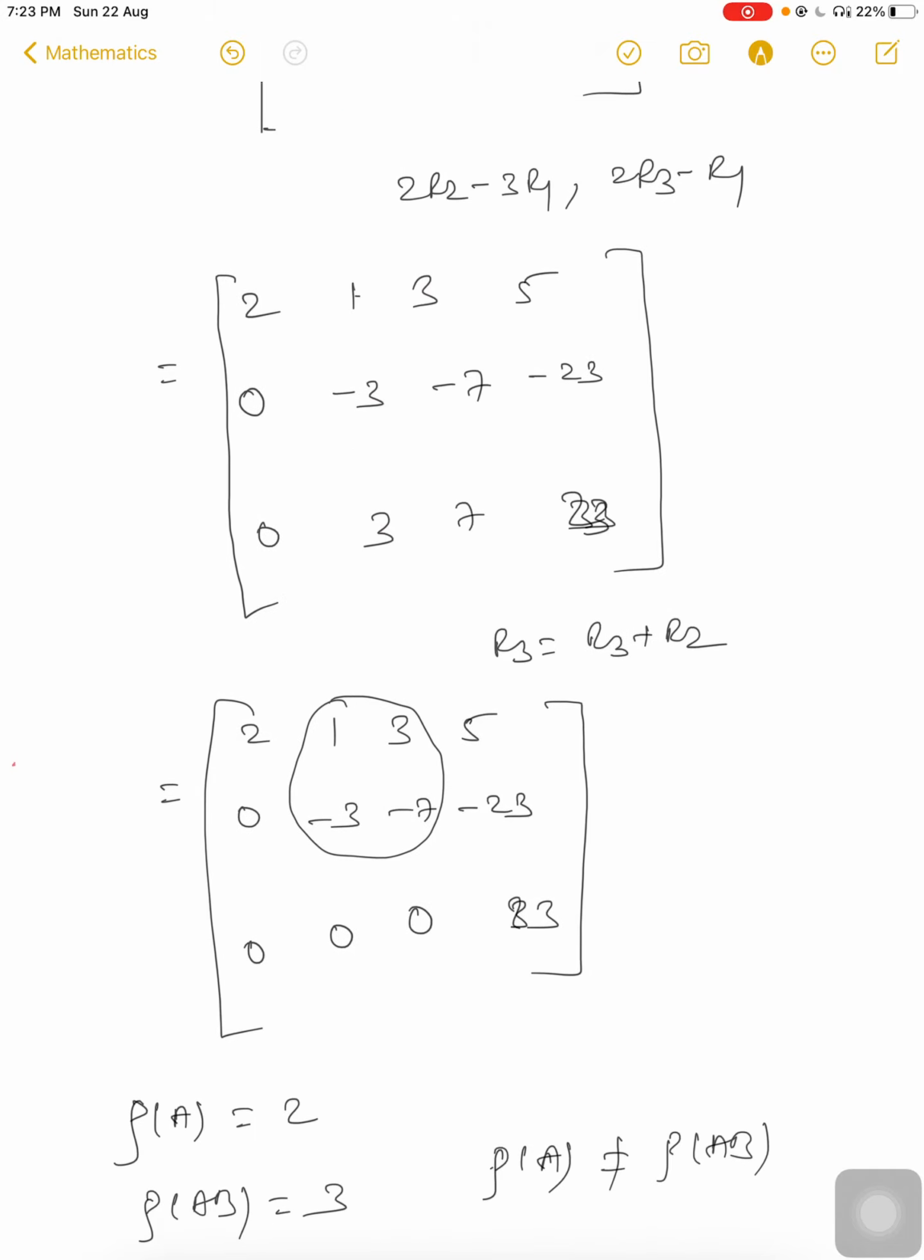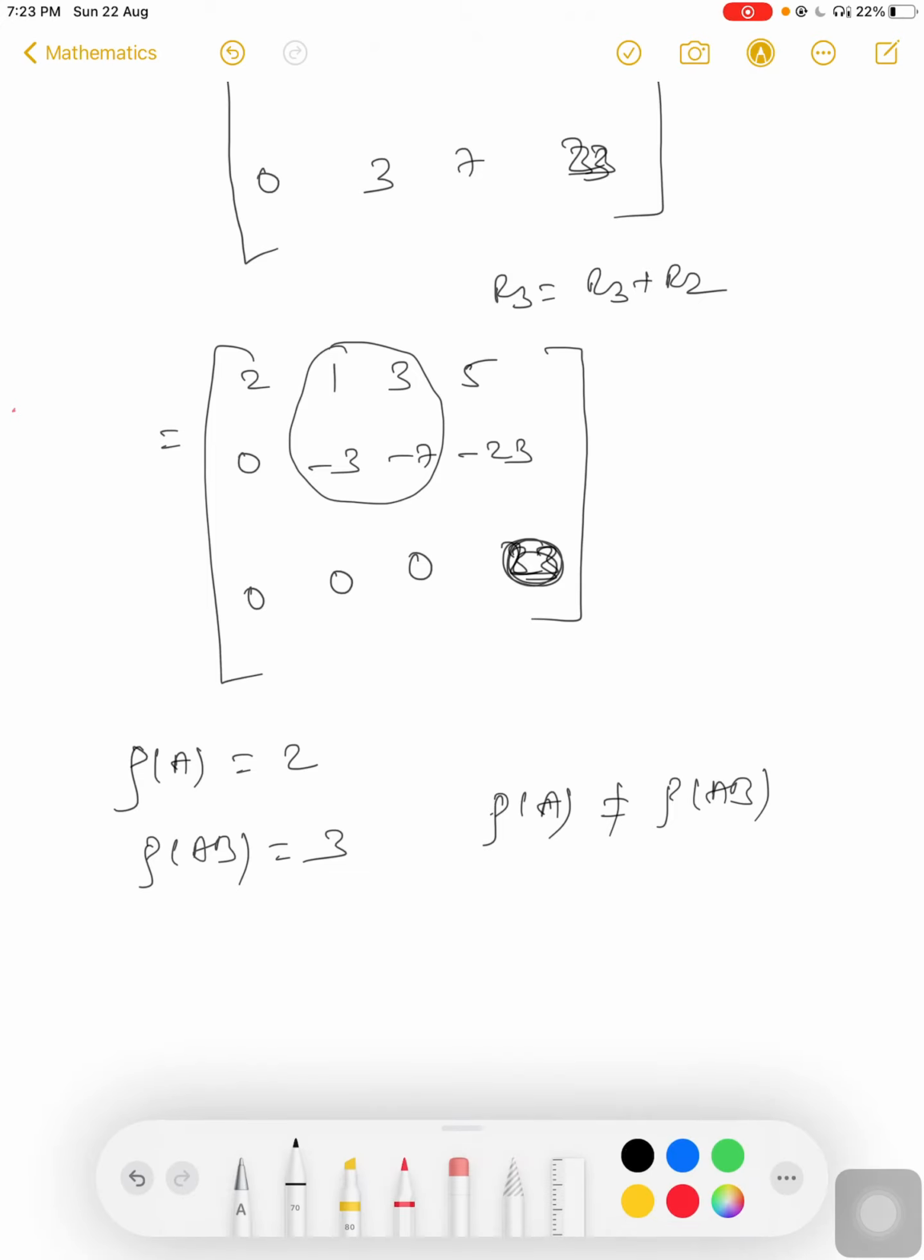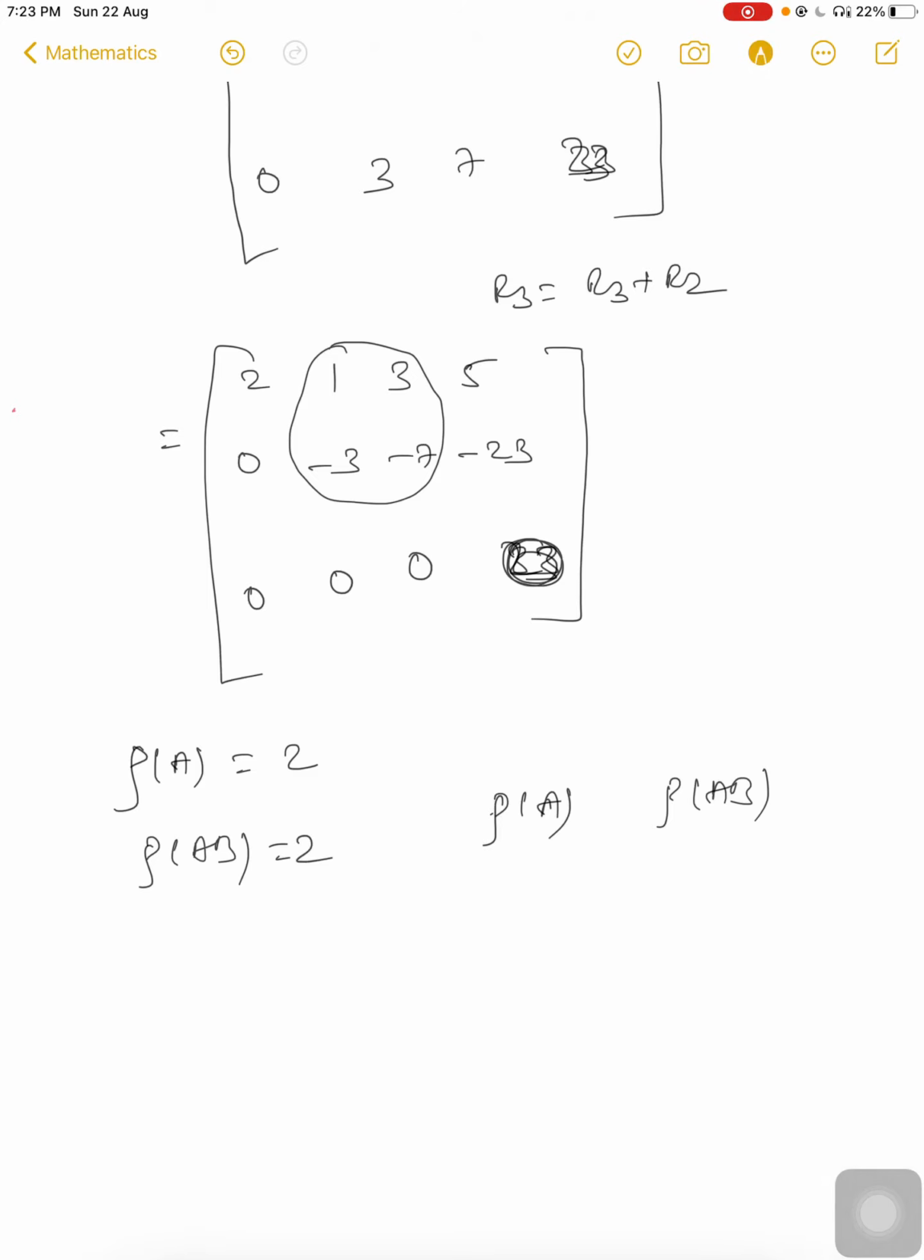Oh, wait. Here also you will get a 23. Here you will also get 23. Wait. Then after addition it will get the 0. Okay. Then here you get 0. Sorry. So here will be 0. So rank AB will get 2. Rank AB will get 2, but not equal to